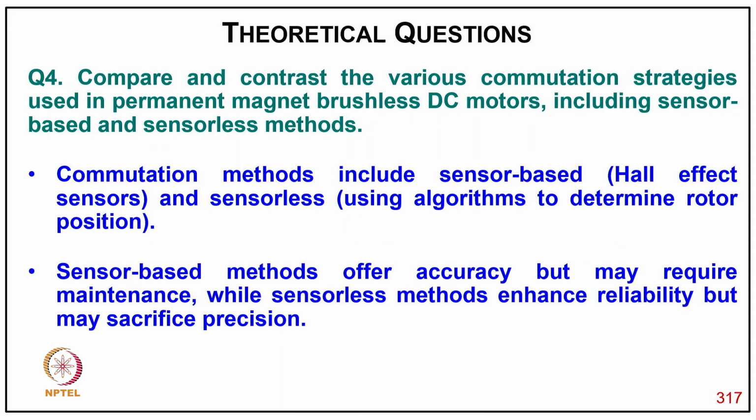Now question 4: compare and contrast the various commutation strategies used in permanent magnet brushless DC motors, including the sensor based and sensorless methods. The commutation methods include sensor based, using Hall effect sensors, and sensorless, using algorithms to determine the rotor position. Sensor based methods offer accuracy but may require maintenance, while sensorless methods enhance reliability but